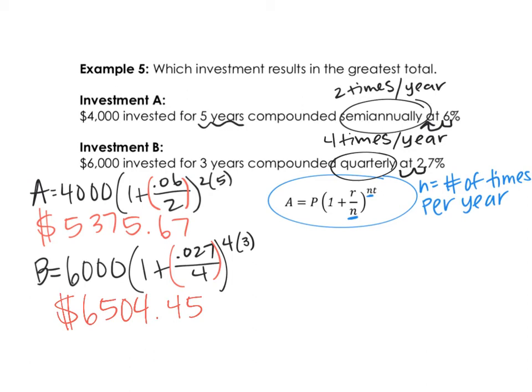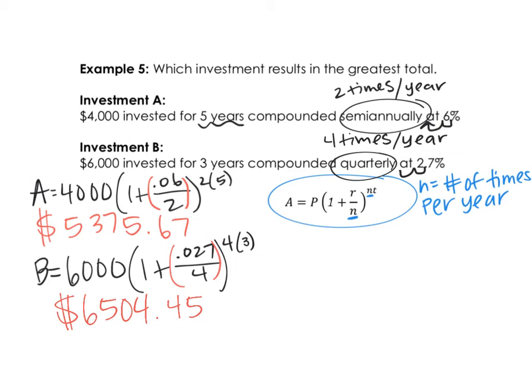Okay, so we need to compare these. Now the question says, which investment is a greater total? Looking at just these 2 totals, it would appear that B is the better investment because we ended up with more in the end. But there's a couple other parts to this that we need to take into consideration. In investment B, we started with $6,000 and ended with $6,500. In investment A, we started with $4,000 and ended with $4,375. So our change was a lot greater in